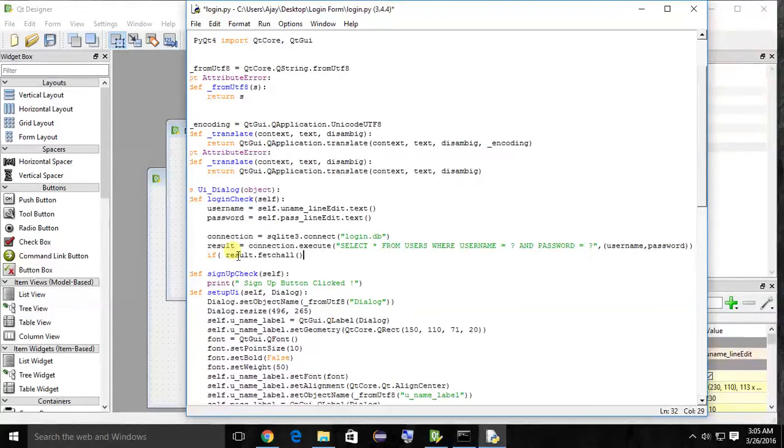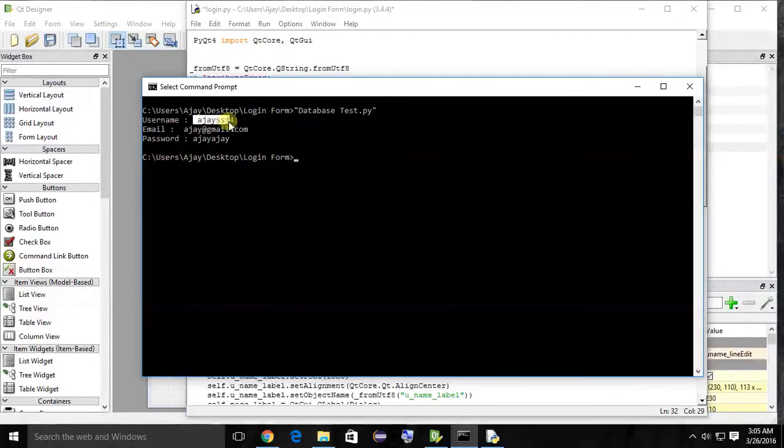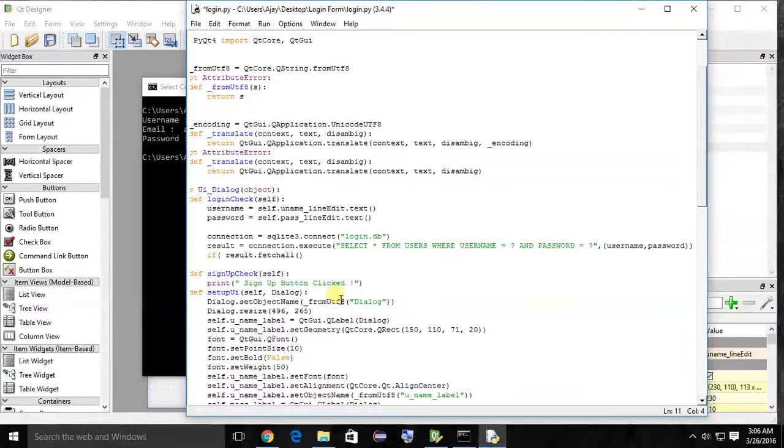If Ajay SSJ4, for example, is present 4 times or 10 times in the database, it returns 4 or 10 rows, and then we have to count the number of rows.